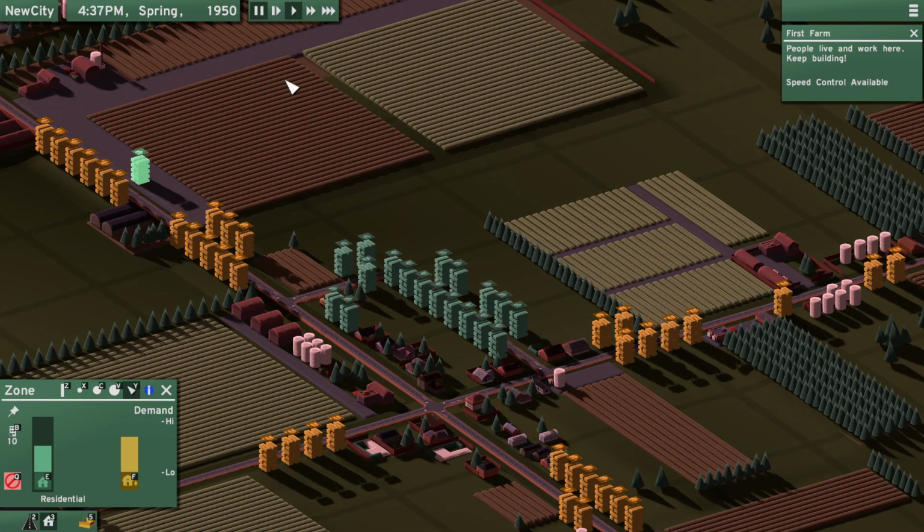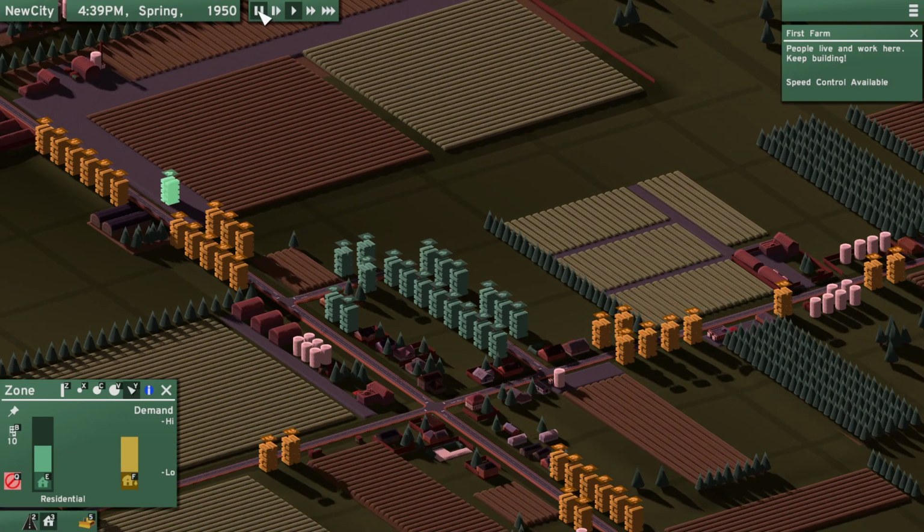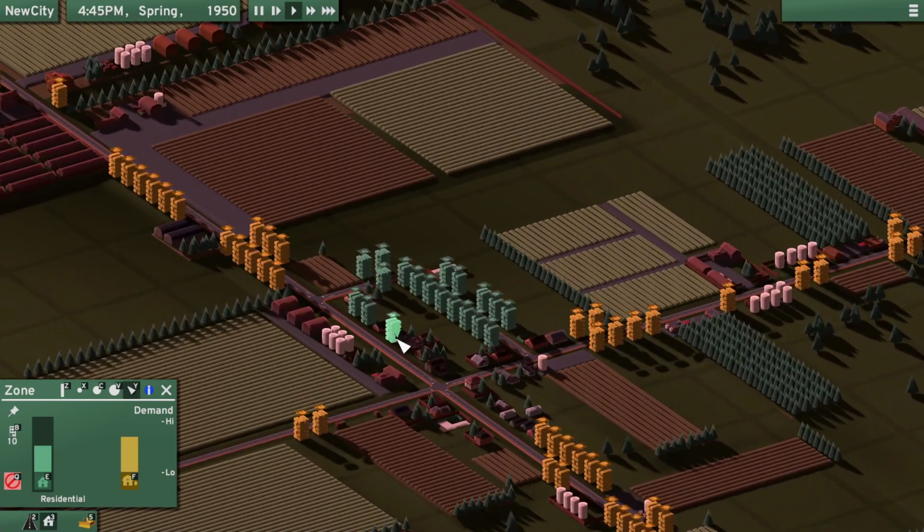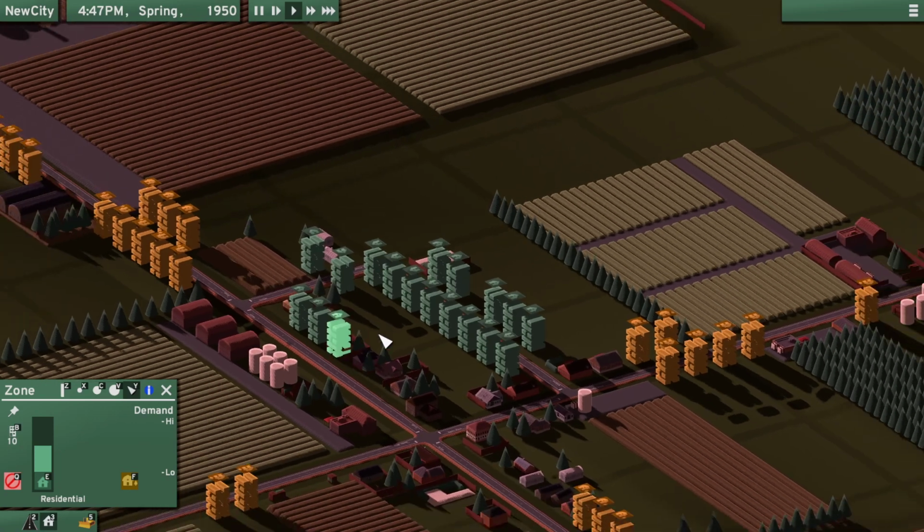Oh, we've got our speed control now. Okay, it's over here. First farm, people live and work here. Okay, speed control available. I see. Okay, so it's unlocking features of the game as we play, and I'm okay with that because I also want